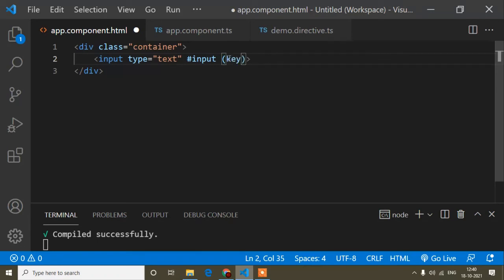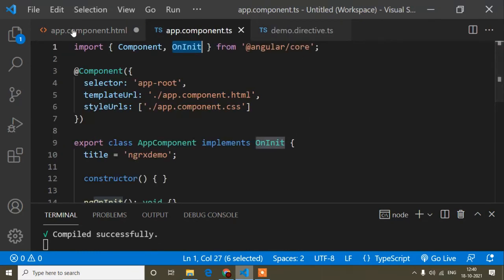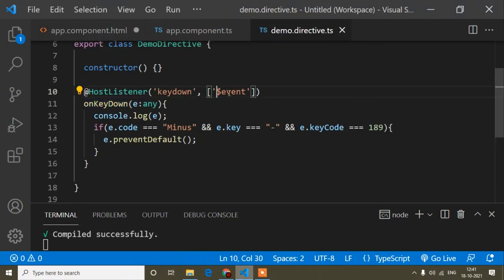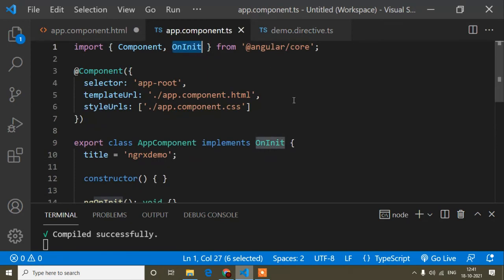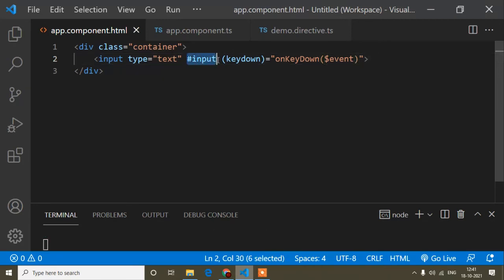So I will write the keydown method, and here you can see I passed the method here on keydown. So the same way I will copy this method, and in the HTML I will pass it here in parenthesis, and here you can see in a directive I passed a $event. So the same thing I will pass here, just inside this. Okay, so it's done. So now okay, I don't need to pass this one also, because I can do it using $event. So I don't need to pass the template reference variable. Otherwise you can do that using a template reference variable also.